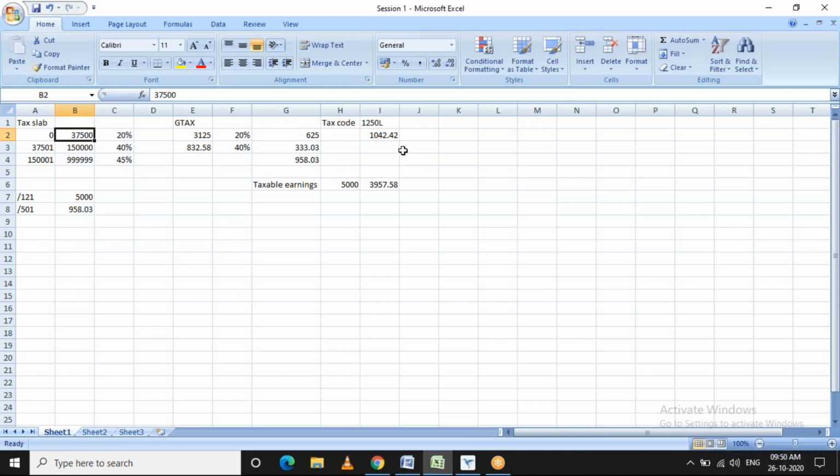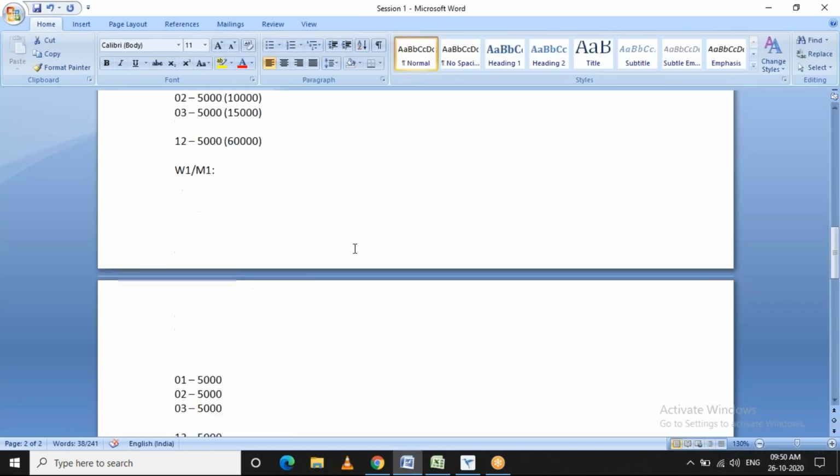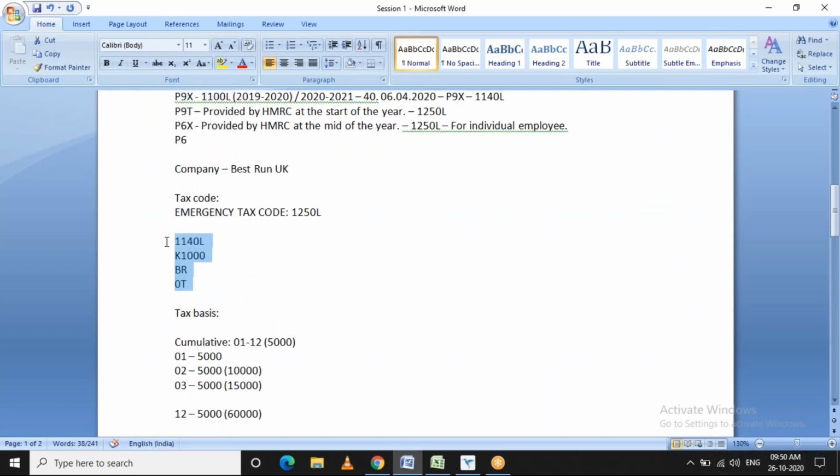Yes. Okay, so now moving to the tax code. As I said earlier, there are different tax codes, right? One is with suffix, one with prefix, and there are two standard ones like BR and T tax codes, right? Now we will see the suffix one. Suffix means the alphabet will be at the end of the tax code. It may not be necessary that the tax code will be 4 digits.